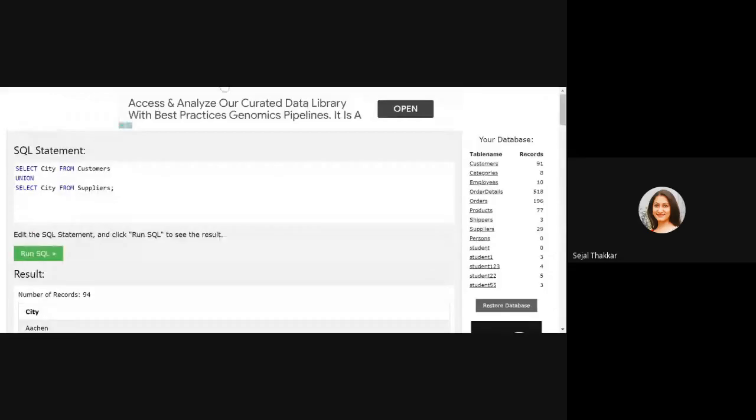In place of union, we can even apply intersection and check the output.